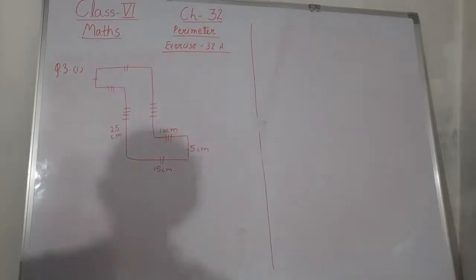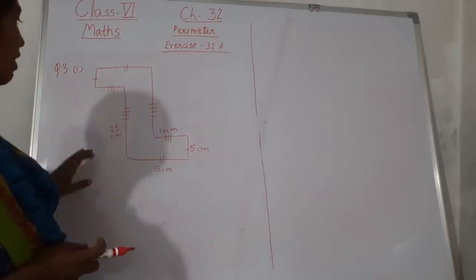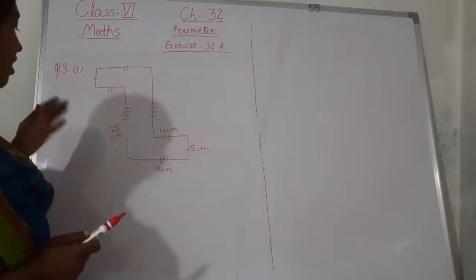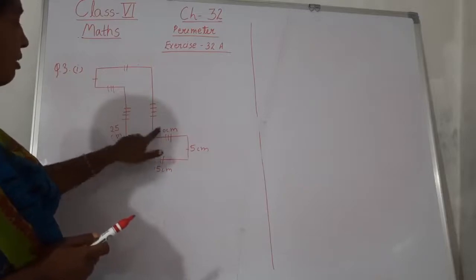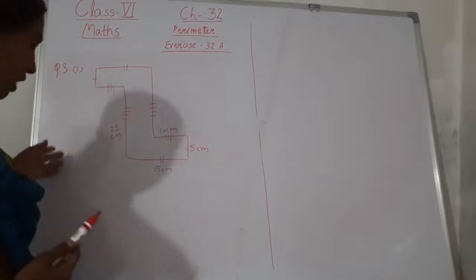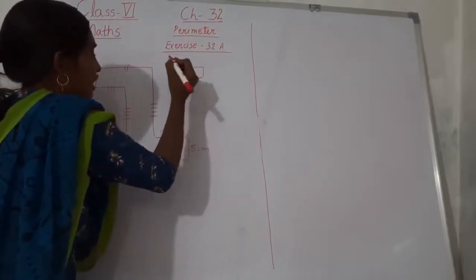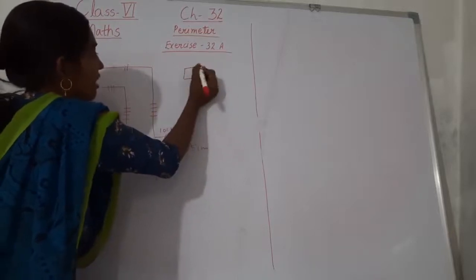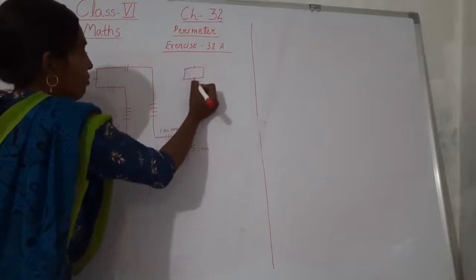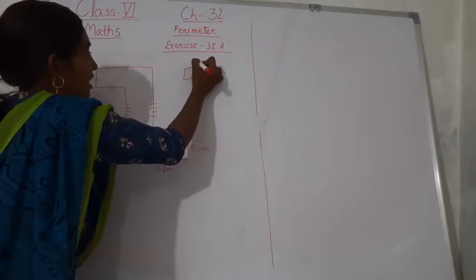Okay, now question number 3, first part. Like this kind of figure is given in your book and we have to find out the perimeter of this figure. How can we find the perimeter? You can see here only a few dimensions are given to us. So with the help of these only we have to find the perimeter. Suppose this figure is given to us. In this figure, if this one sign is here and this one sign is here, that means this side is equal to this side. If here it is written 10 centimeters, so this will also be 10 centimeters.